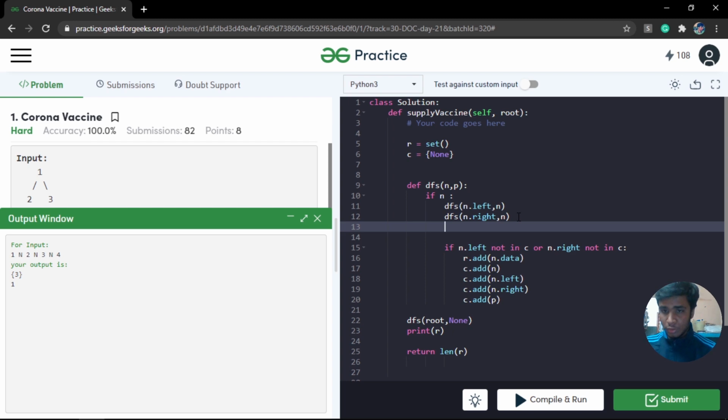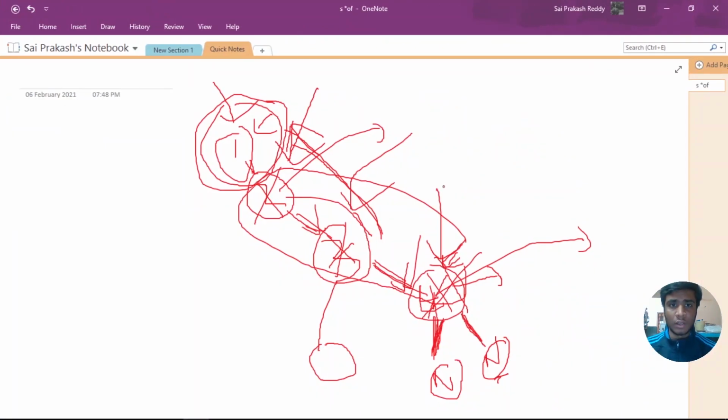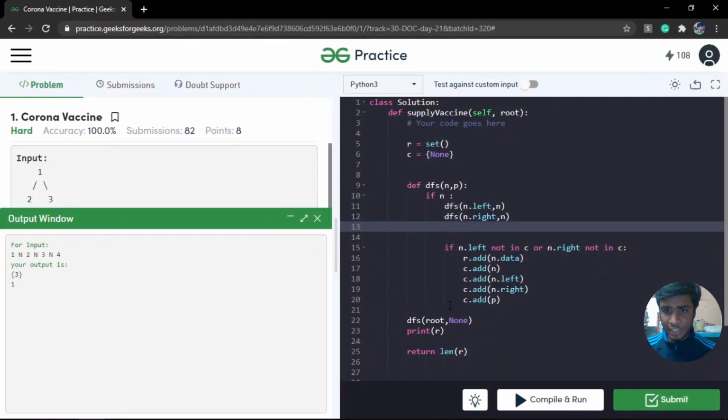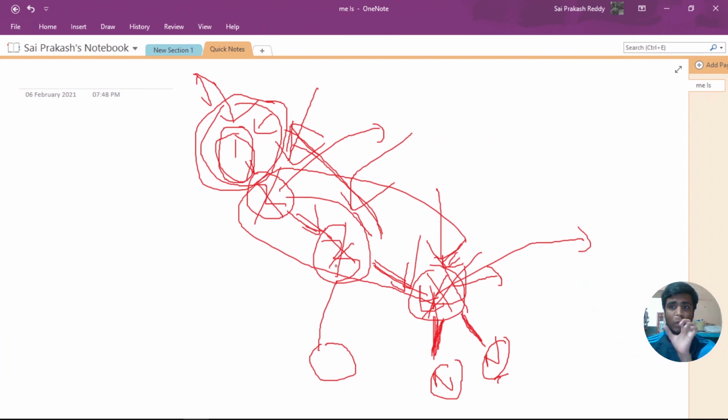In order to handle this, we are going to do one thing. Obviously the parent of 1 is going to be null, right? Because 1 will not have any parent, and we have initially also passed none for our root, right? So we are going to add one more check here, because all the rest of the binary tree is working fine, and it's only failing for this case.